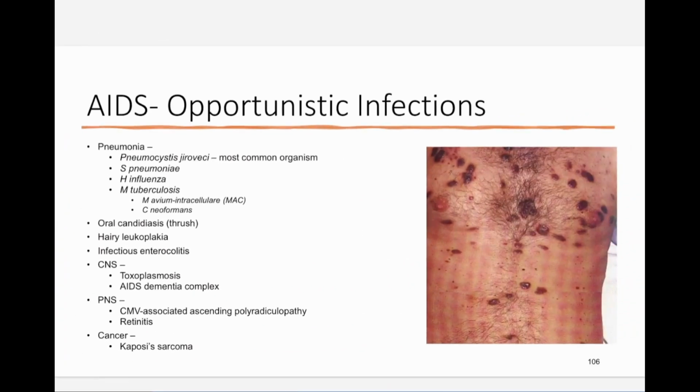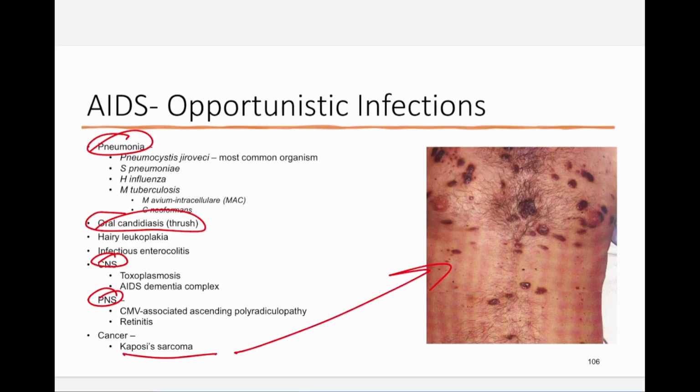So these are the opportunistic infections. You don't have to know all of them, but some of them, like oral candidiasis, make sure you know that one. The pneumonias are there. The CNS infections, PNS infections. The cancer is the Kaposi sarcoma, which is what that is. This is a cancer very pathognomonic for HIV/AIDS. Yes? Has to do with your tongue. Yeah. The thrush is oral candidiasis, which is a white plaque everywhere. So all these, again, normal healthy people can deal with all these infections. HIV/AIDS patients cannot.